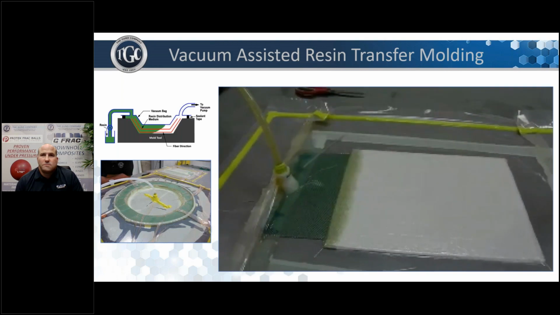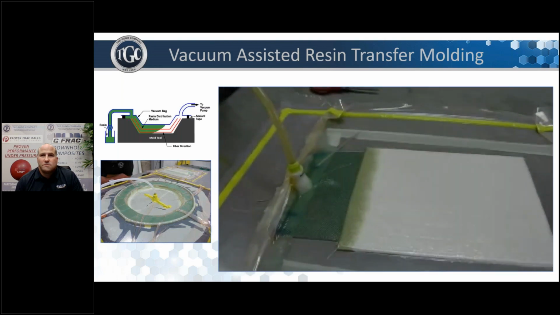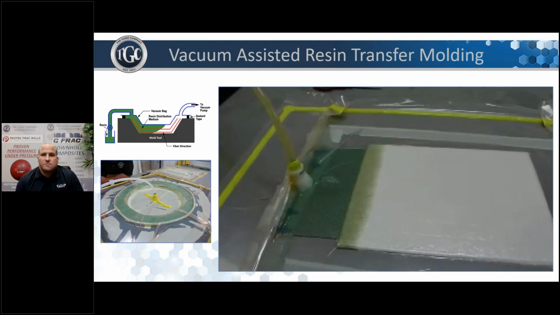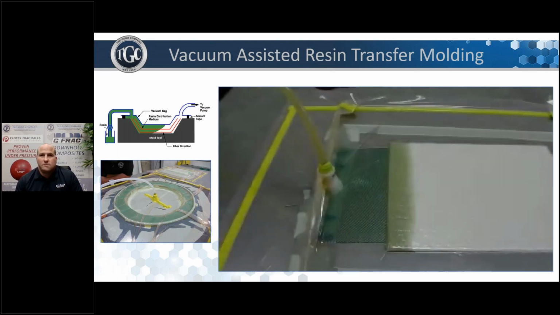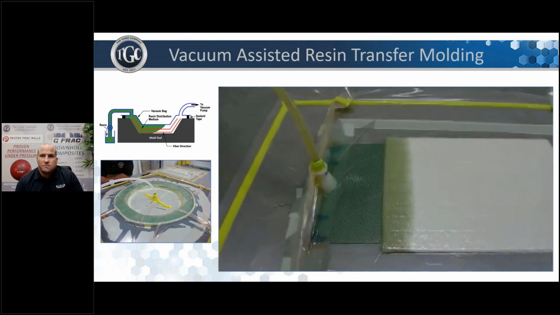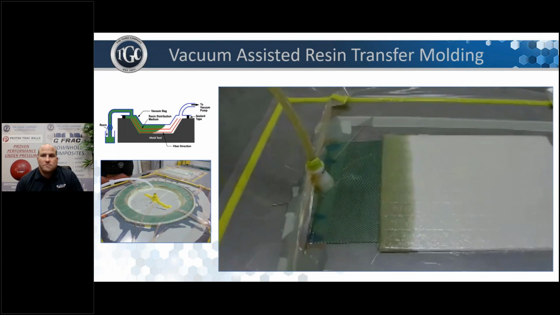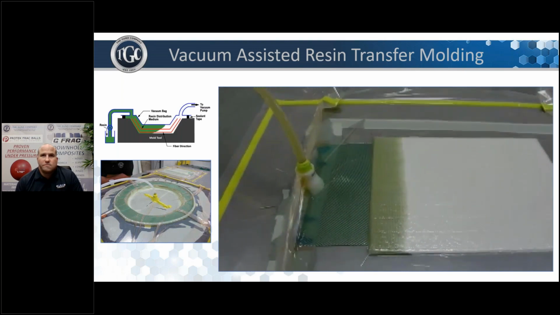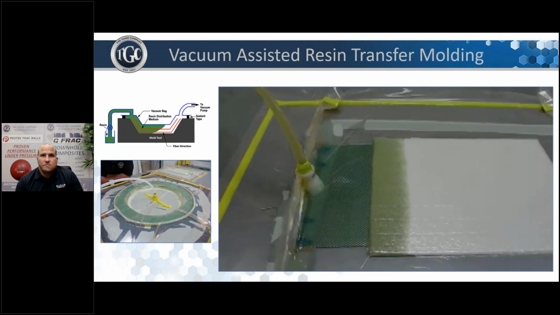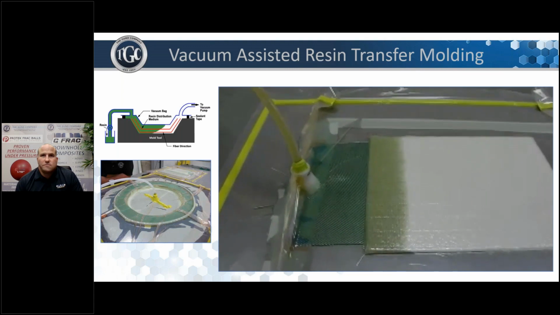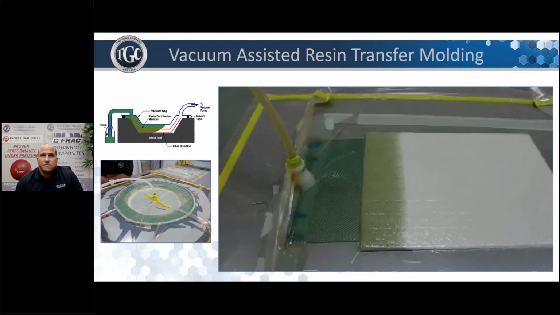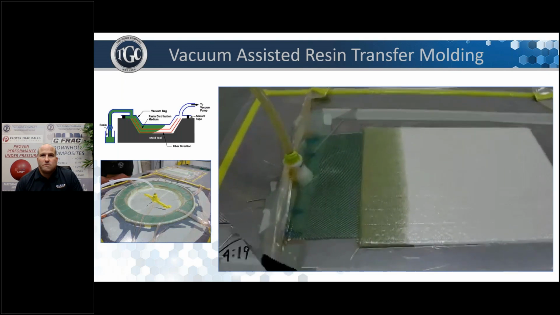All right, we've begun the infusion process at 4:18. As you can see, the resin has permeated through the green flow media and is in the fiberglass reinforcement, traveling down the reinforcement at a rapid pace. This is fiberglass that is designed for infusion.